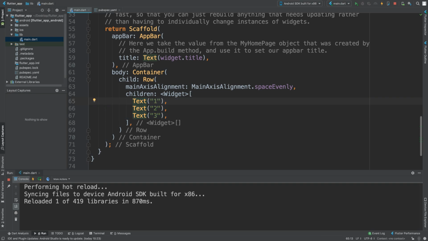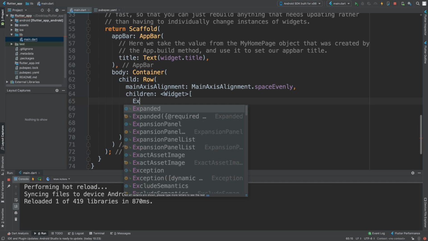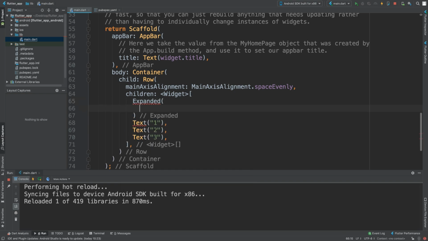So maybe we want more of a focus, especially if this is an image, because this is only text. But imagine if this was images, we want more of a focus on one of them. So essentially that one's bigger and it occupies more space. You can put expanded, and then inside of here you put a child. And the child is the web UI. So this text, for example,